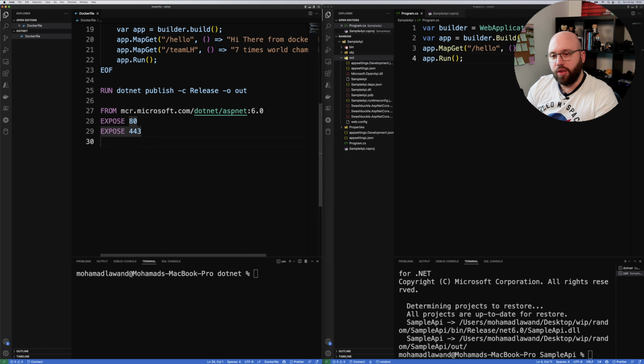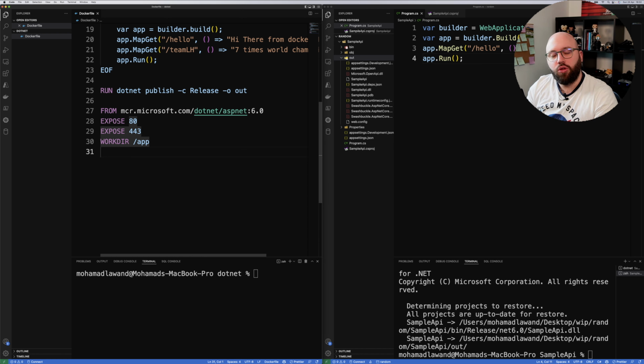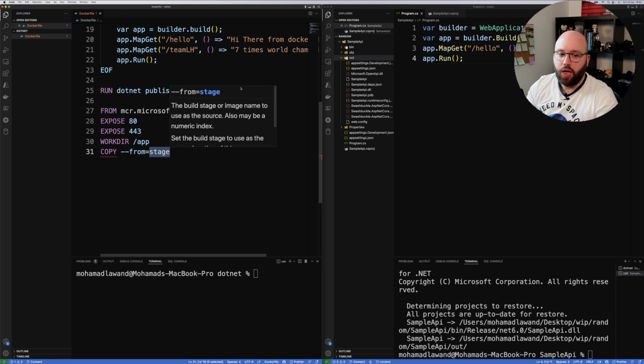Once we have done that, the next step is we need to specify a work directory. Similar to what we have done before, it's going to be /app. And once we have done all of that, all we need to do is copy the published folder from the build environment to the new folder, and then we should be able to specify an entry point. So how do we do that? We're going to be utilizing the Docker commands. So it's going to be COPY, and we're going to utilize --from, and it's going to be from